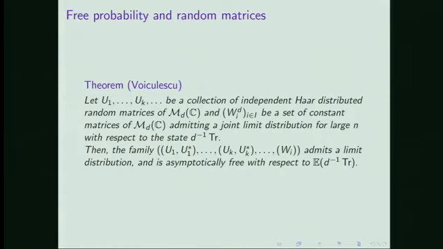Somehow I start with a set, and then if I throw in some extra independent random unitary matrices, I still have some nice behavior, and the behavior actually can be computed with these free probability techniques which I skipped. So let's just say that there exists a technique for this. But once again, this was a really important result, which was proved by Voiculescu. First a Gaussian version in 92, and then a full version in 1998, and it really had a very big impact. But as before, he did not say anything about the possibility that a small percentage of eigenvalues could misbehave, and this is what we had to